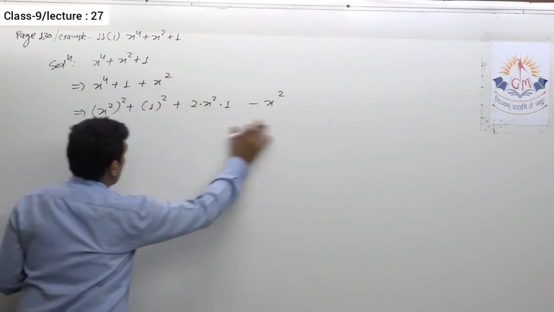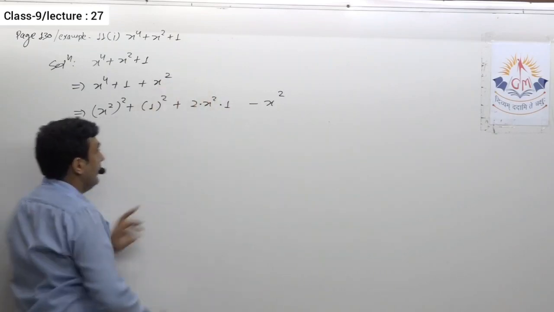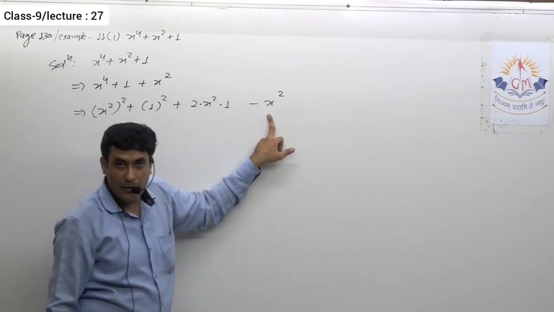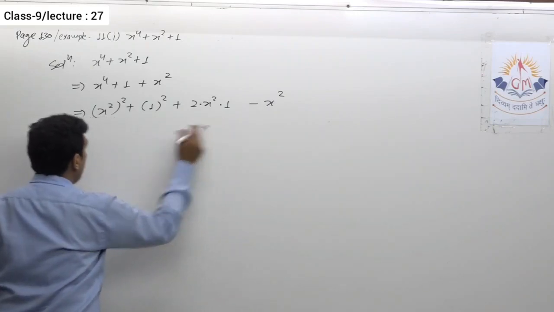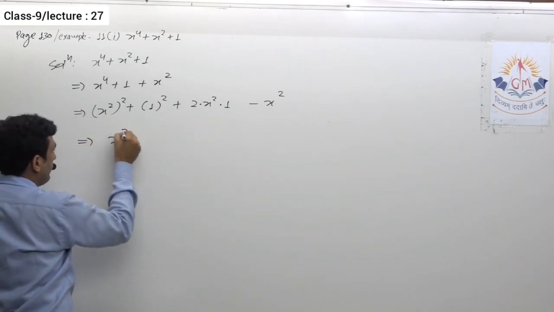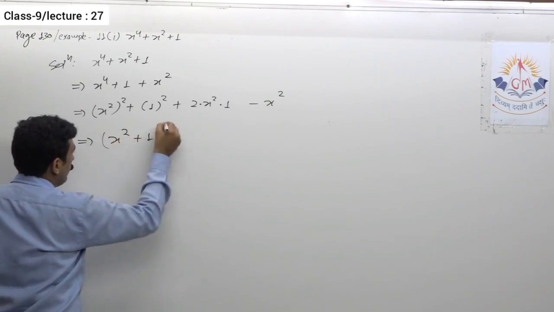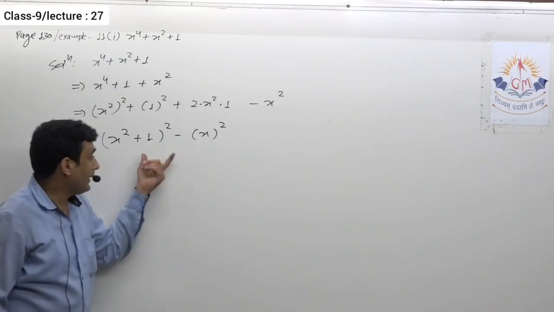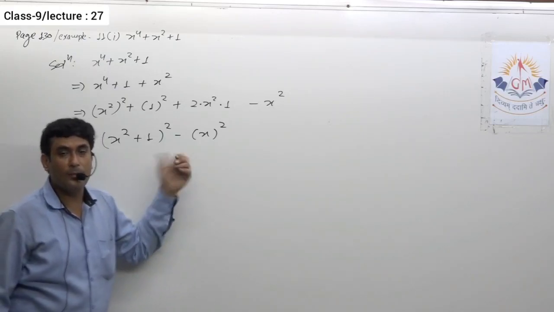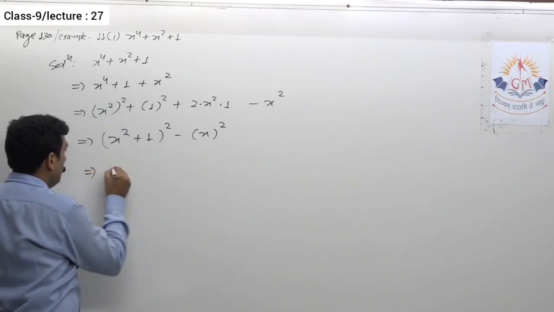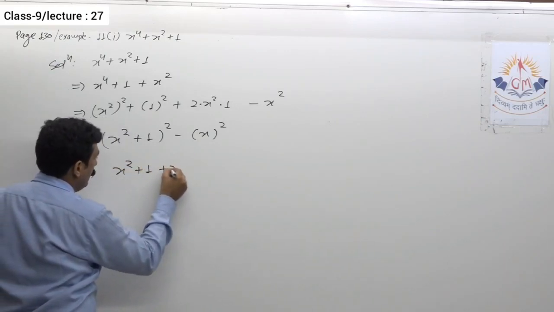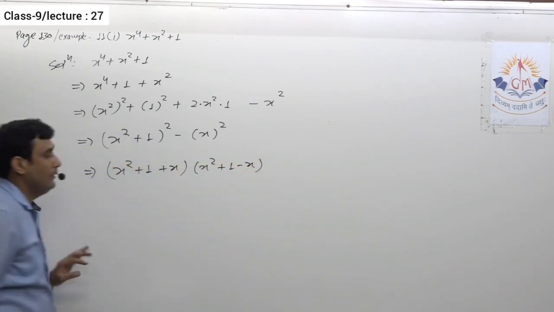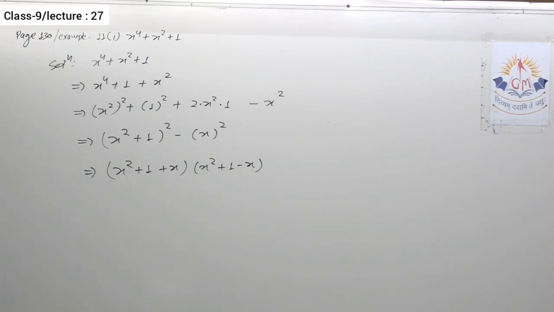Now you can check, if you simplify this, you will get the given expression. So here I added one x square extra to complete the identity, and over here I subtracted. Now these three terms fit the identity of a plus b whole square, and this x square I write this way. This again becomes an identity of a square minus b square, that is a plus b and a minus b. So please note it down.